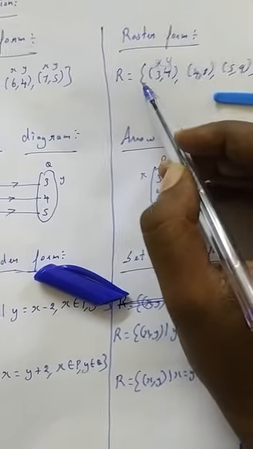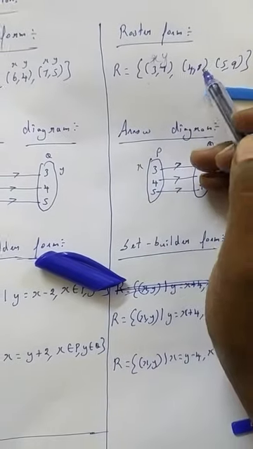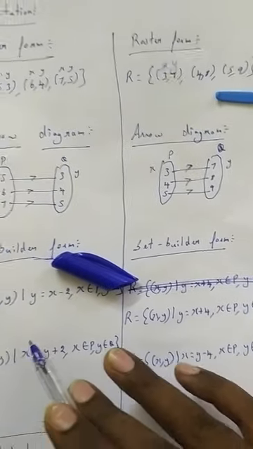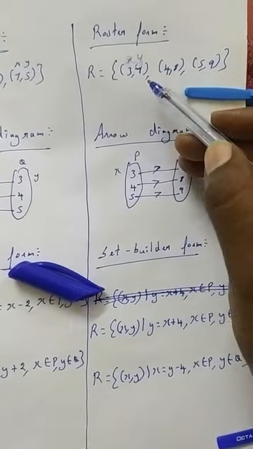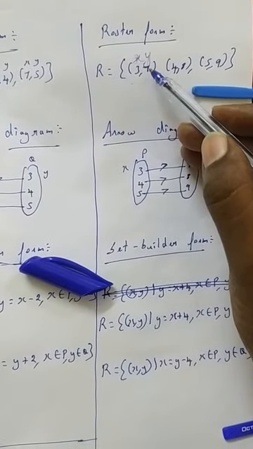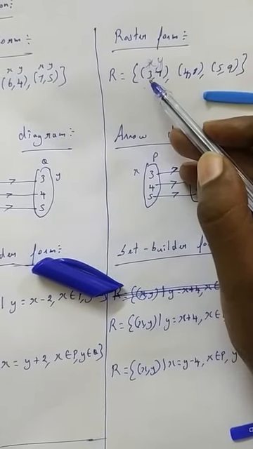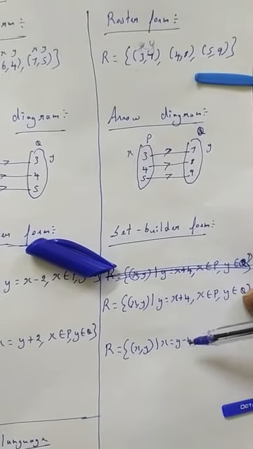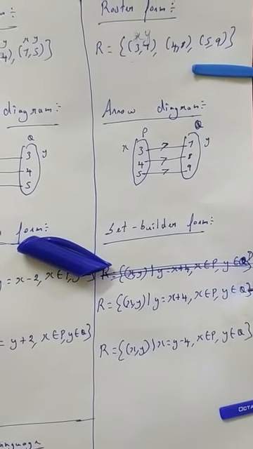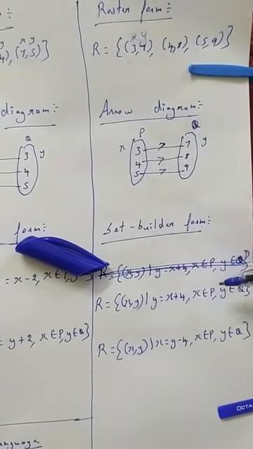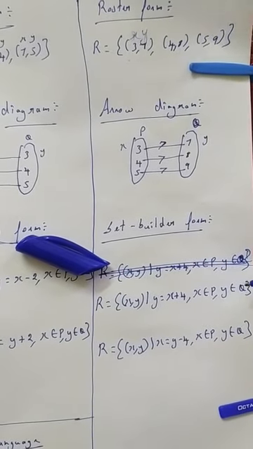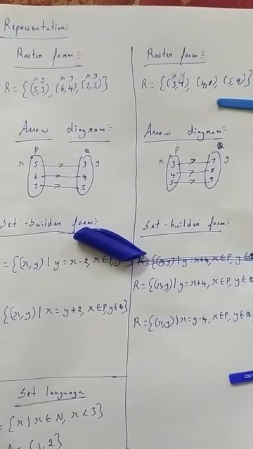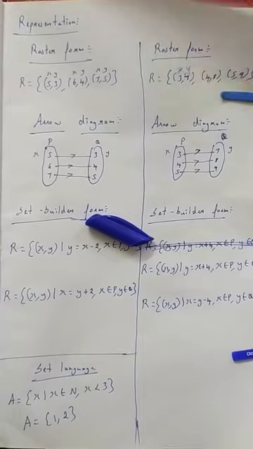So if we look at x, it is 4 less than y. So we can write x is equal to y minus 4. So we have two ways. In the previous example also we have two ways. Here also we have two ways. So y is 4 greater than x, and x is 4 less than y. So we can write whichever: y is equal to x plus 4 or x is equal to y minus 4. Right? And the 4 is constant. The first element x always belongs to the first set P, and the second element y always belongs to the second set Q. Here also the same, right? So these are the basic representations of relations, right? Thank you.